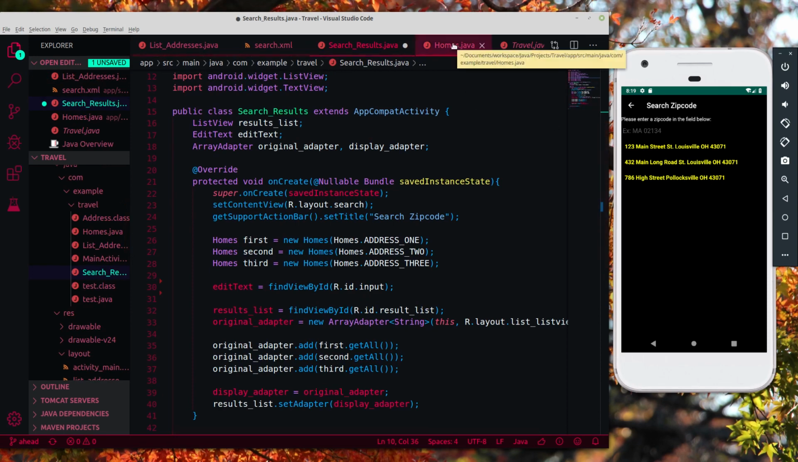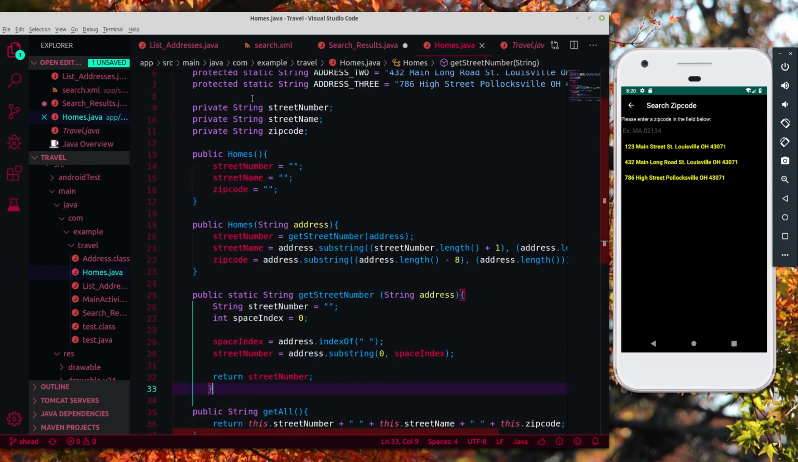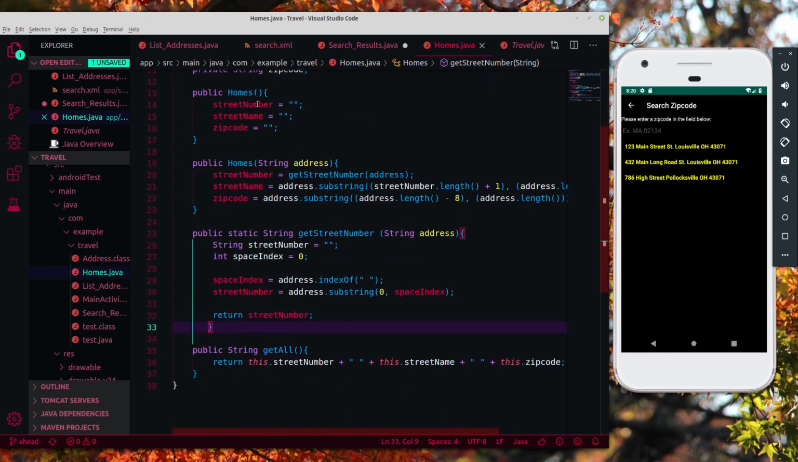So what I did was I created a new class called Homes.java, and essentially each object of the Homes class contains the address, because every home has an address, of course. So I created this class, and I added a few static strings for each address that'll be used in the application, just for the time being. Of course, we have our attributes: the street number, street name, and zip code. And a default constructor